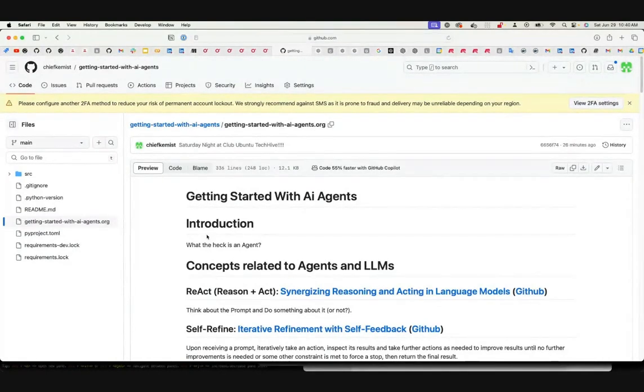It was basically for me to do some research to understand exactly what people are referring to when they mention agents, and also how agents are put together,